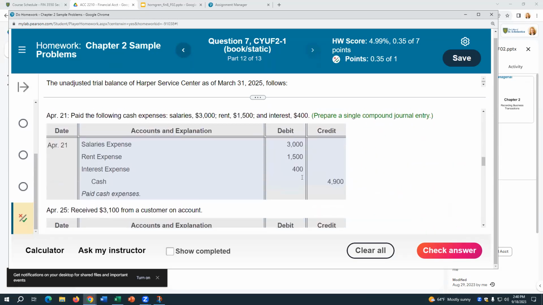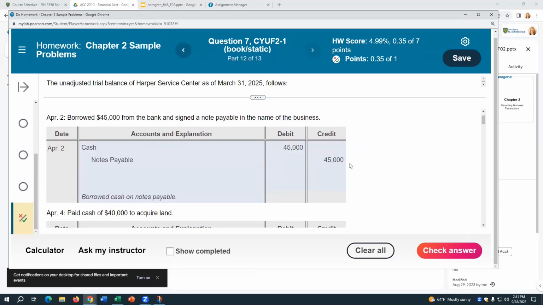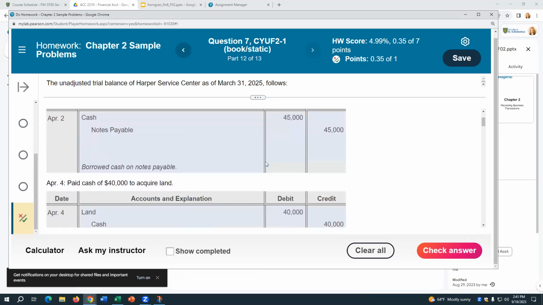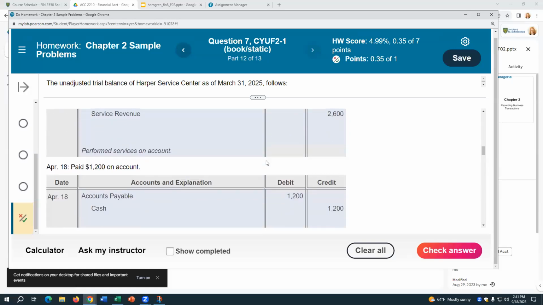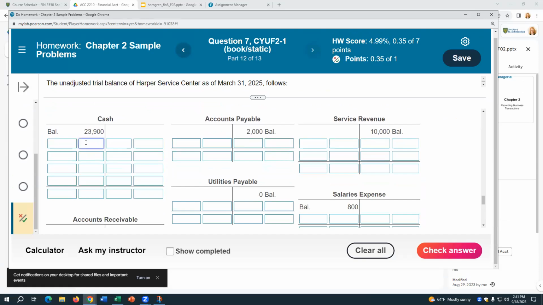So what I would do for these is go through entry by entry and then put them down below. I'll walk through this first one with you. We've got a $45,000 debit to cash and a credit to notes payable. So if we're down here in our T accounts, the first thing I'm going to do is go to my cash T account and debit that for $45,000. And I think that was April 2nd, right? And then I'm going to credit,